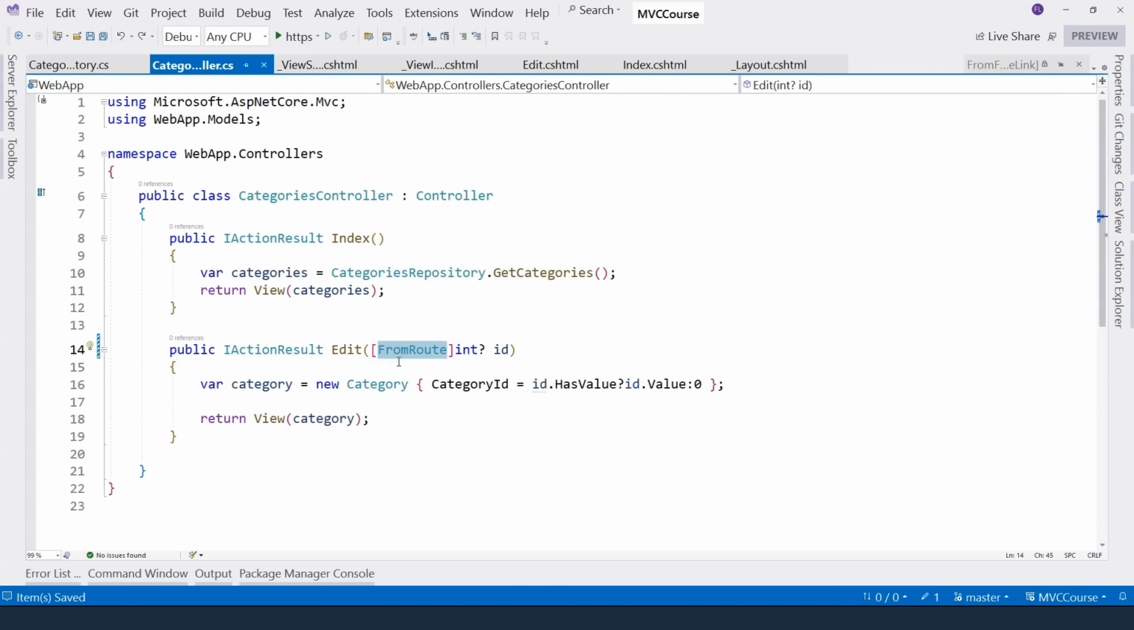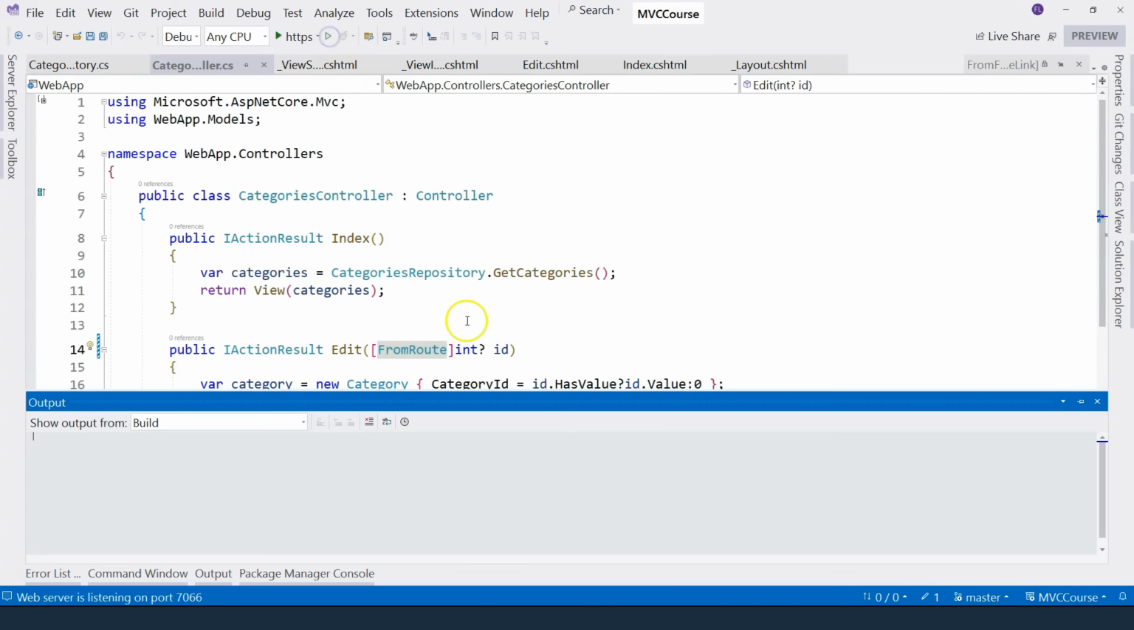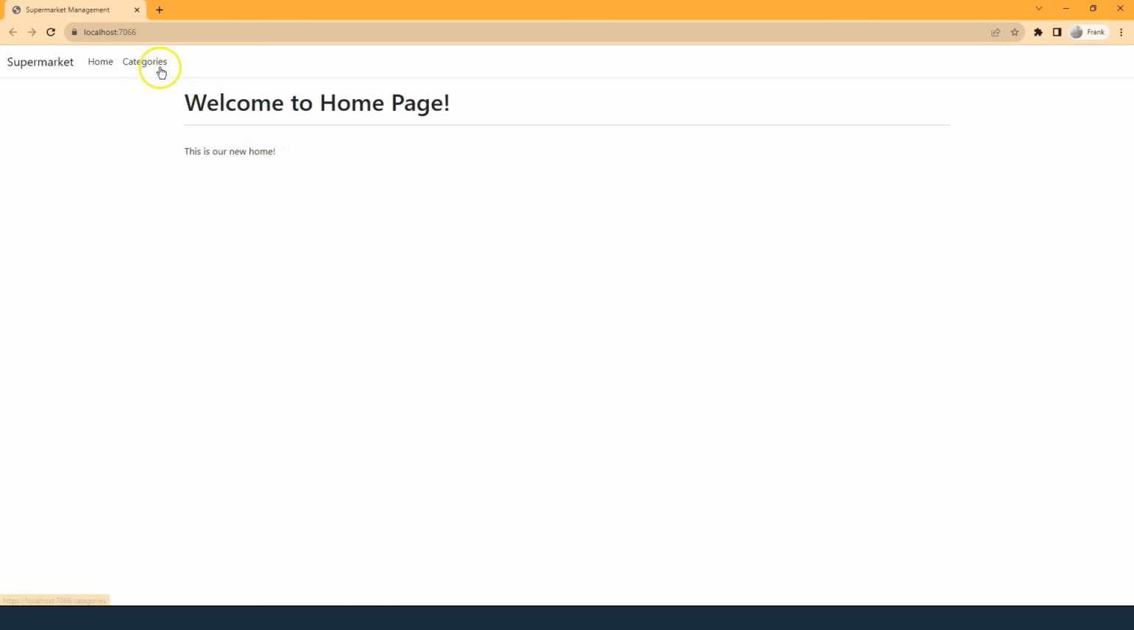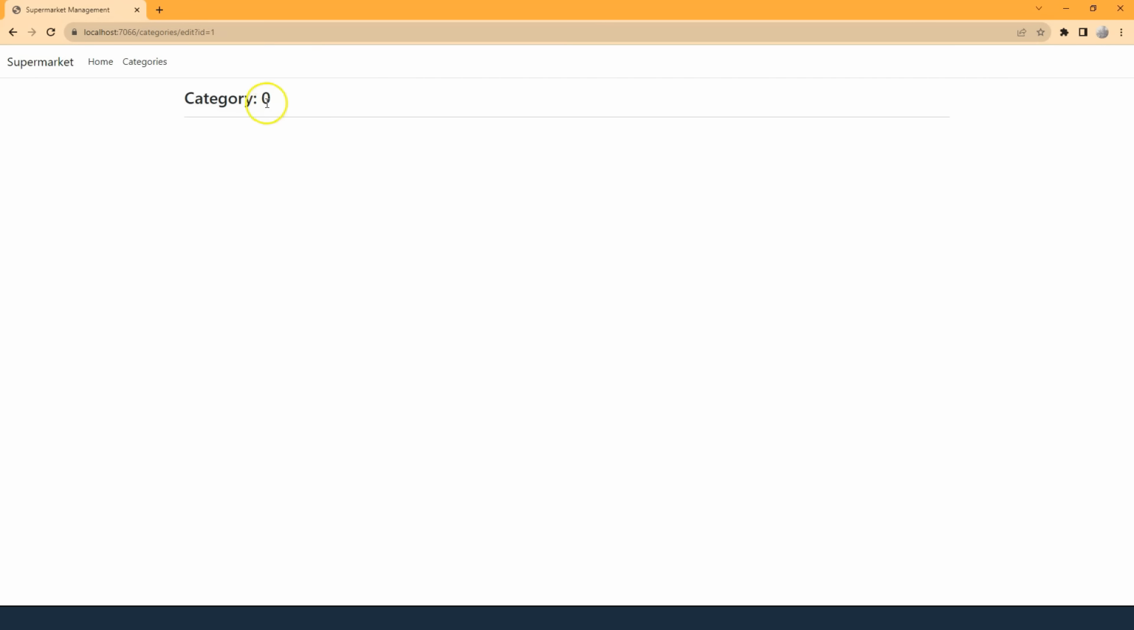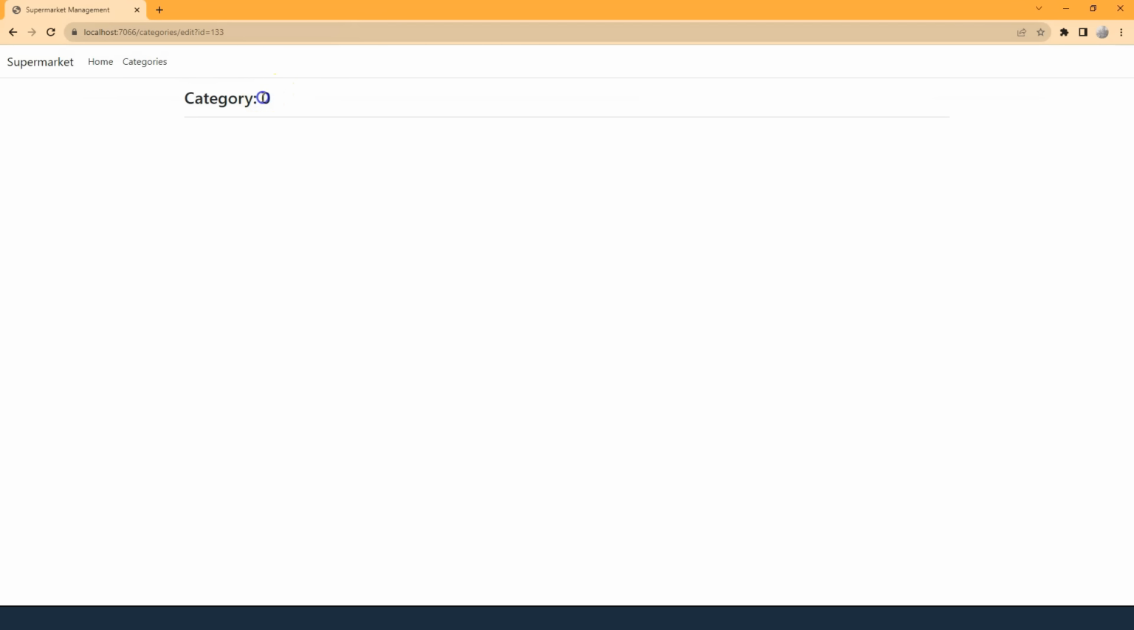After we specify this comes from the root, we can no longer pass the data from the query string anymore. So remember in one of the previous videos, I said that we can do something like this. Now you can see that it shows category 0. No matter what number you put here, it's always going to be 0 because ASP.NET Core failed to do model